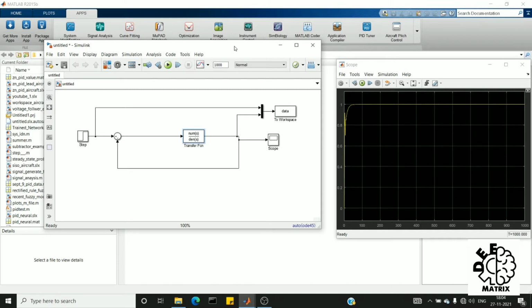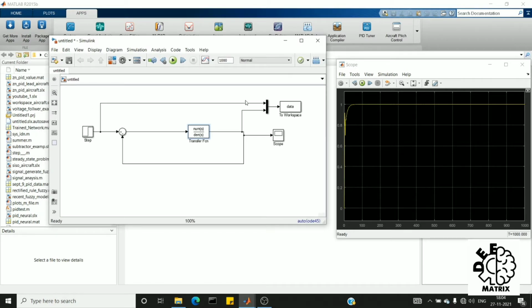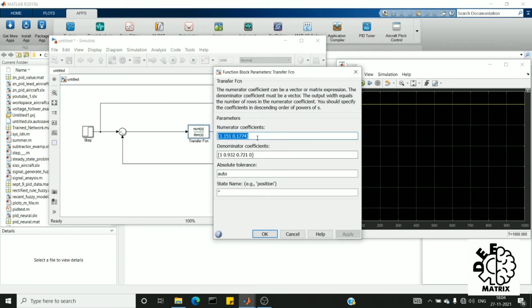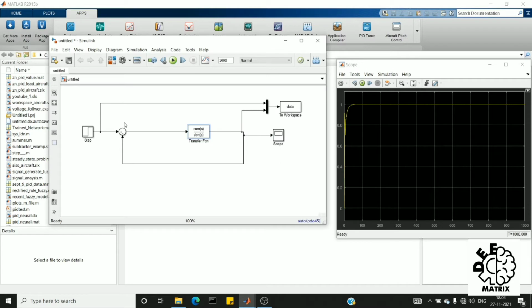For example purposes, this is the closed loop transfer function which I have used. Here is our open loop transfer function, with a numerator coefficient and a denominator coefficient. With the help of a feedback summer, we converted this system into a negative feedback system.